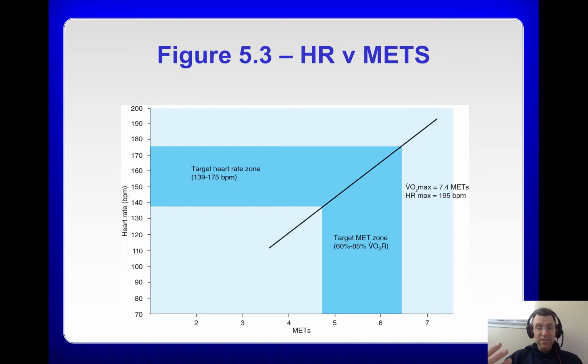So in this case, an individual obviously did an exercise test when they were at that 60% VO2 reserve zone or METs, which would be right about here, right? So about 4.8 METs. We can take a look up and see what their heart rate was, and their heart rate happened to be 139. Congratulations. And then we could look at that 85% of VO2 reserve or MET reserve, which looks like it was calculated to be right around 6.5 METs. And we can go up and say, yeah, your heart rate at that intensity would have been about 175. So now we've prescribed a target heart rate zone based on their actual exercise intensity,